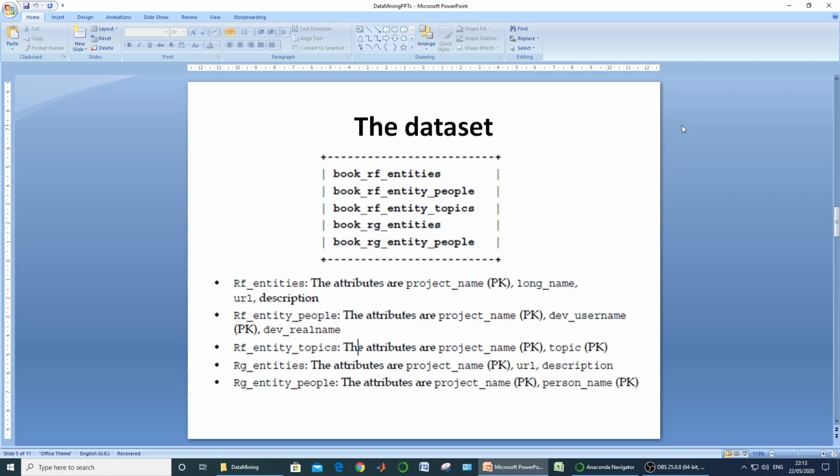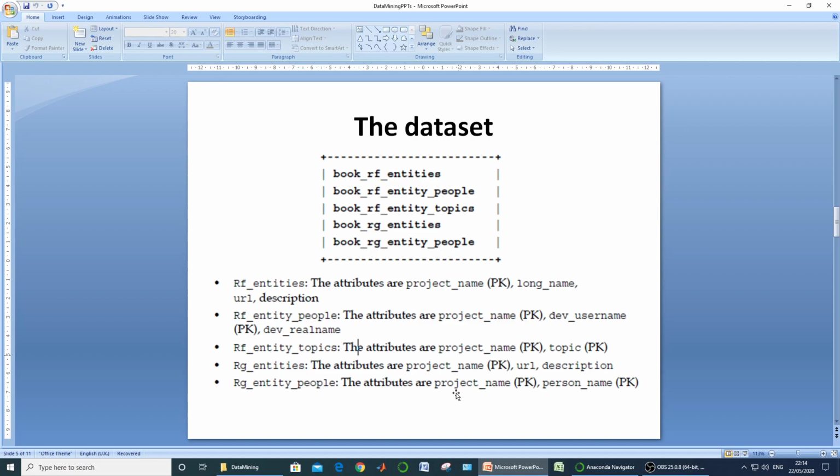Out of these five tables, three belong to your RF data set or RF organization, and two tables belong to your RG organization. So our overall purpose is to find overlapping projects between these two organizations with the help of entity matching.